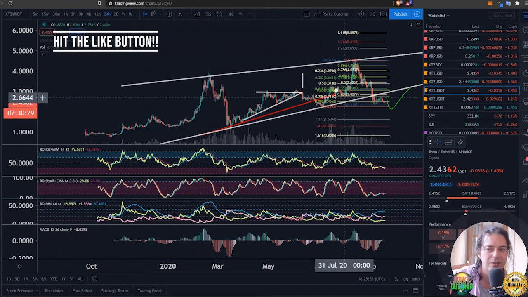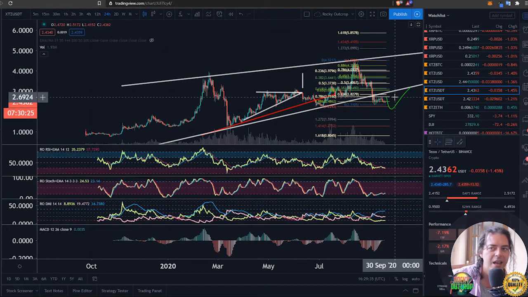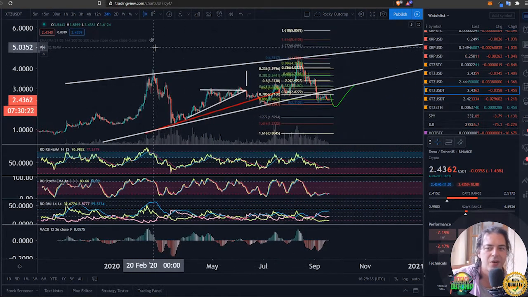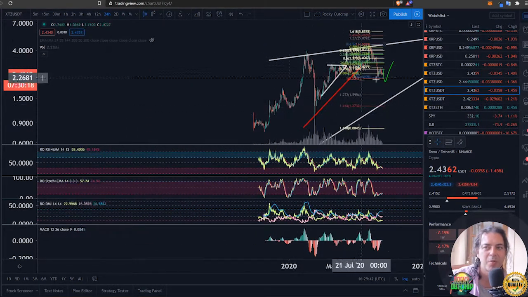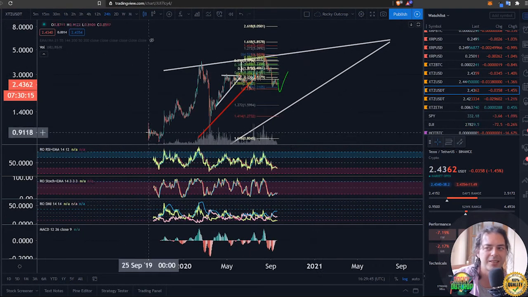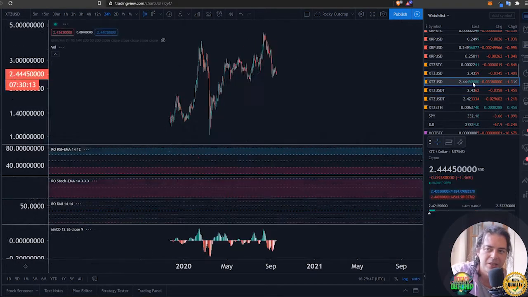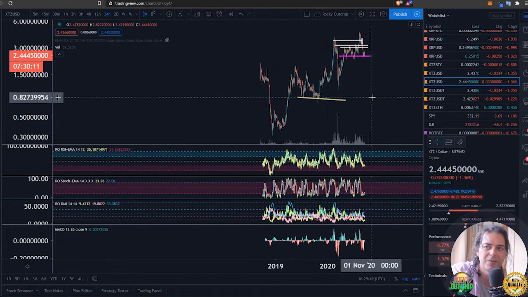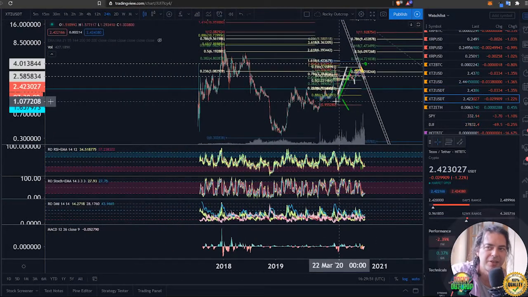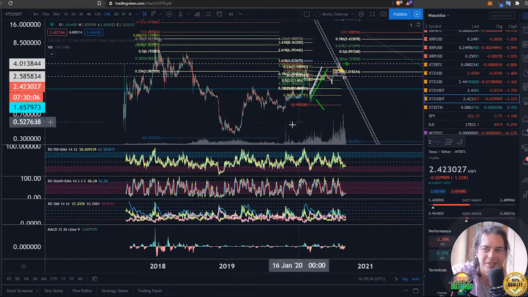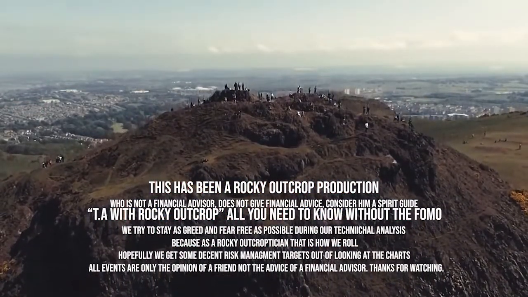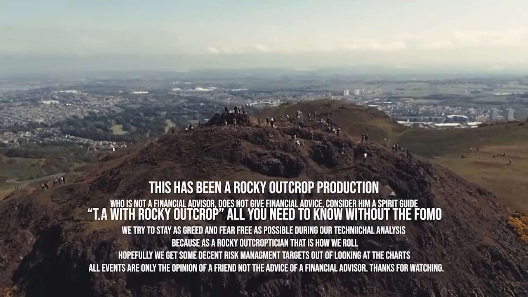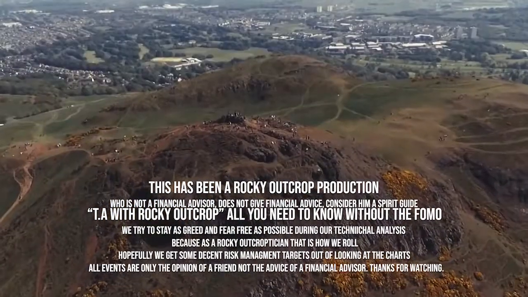Then lo and behold, it turns around. Could we see the same sort of structure over here between this area and this area, and lo and behold, turn around, and therefore, in the grand scheme of things, continue to do what has been an upward trend for the entire existence of its trading lifetime on this particular chart? Of course it's different on the BTC, but could we continue that trend that we've been in since February 2019? Yeah, we could. We could also go down a bit more. So we covered all that. See you next time.